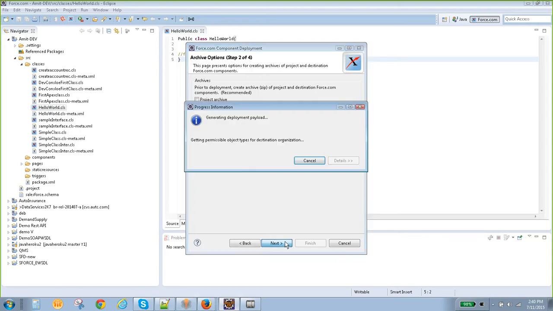Okay, so just deploy it. You can deploy it or just save to server. You can do it either way.